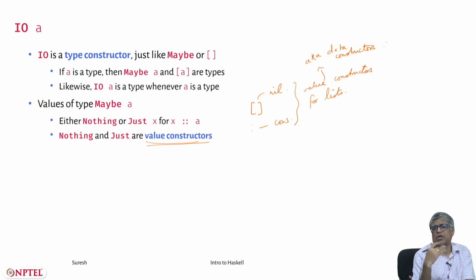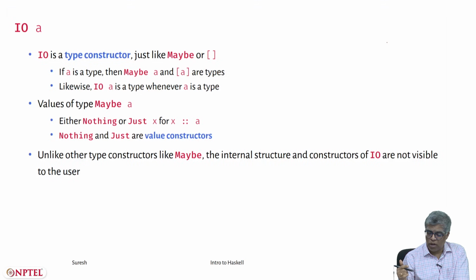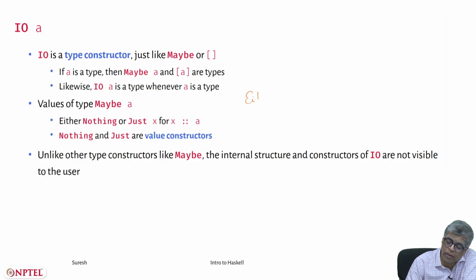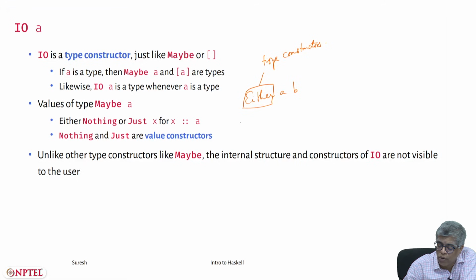Okay, you have type constructors, data constructors, or value constructors, and you know explicitly what the value constructors are for Maybe. Similarly, you can have type Either A B, that's a type constructor. So this Either is a type constructor. Value constructors